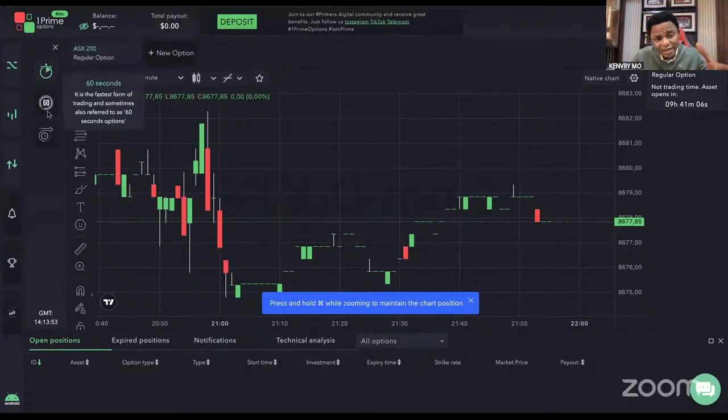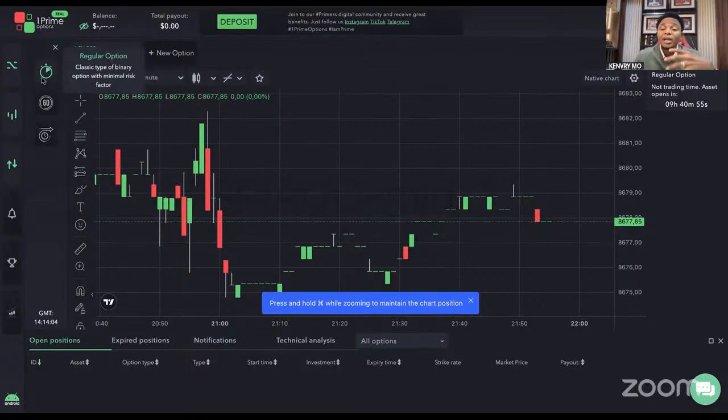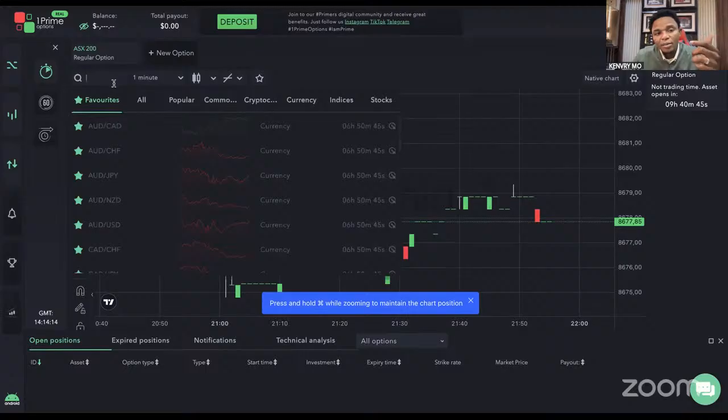Now we have three types of timing factor. There is the 60 seconds, 1 minute to 5 minutes. There is the daily. This time option is for longer term trades, but this is the regular. Regular means every 5 minutes, on the clock. All right, and that is the option that I use basically. For this option, you're not going to see things here right now, but because of this video,